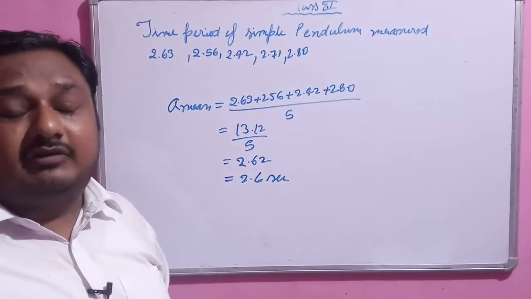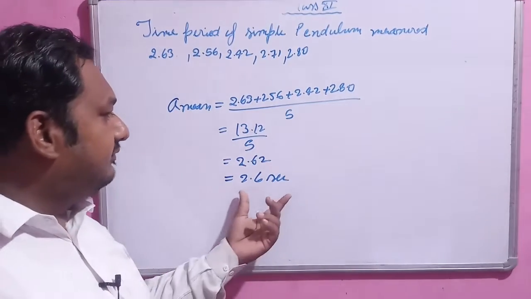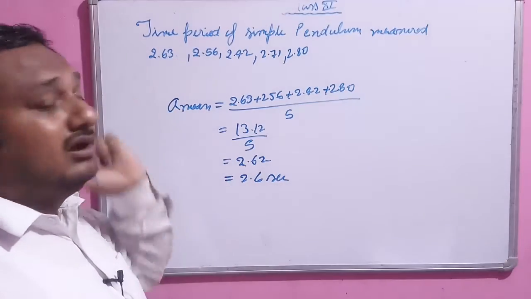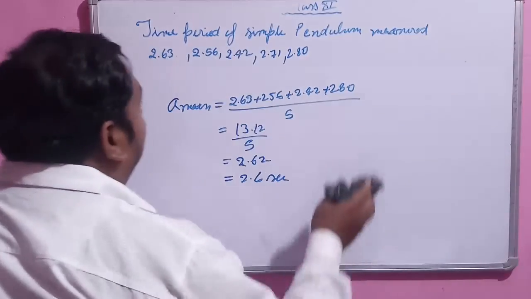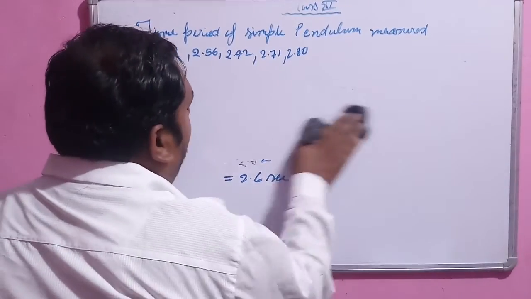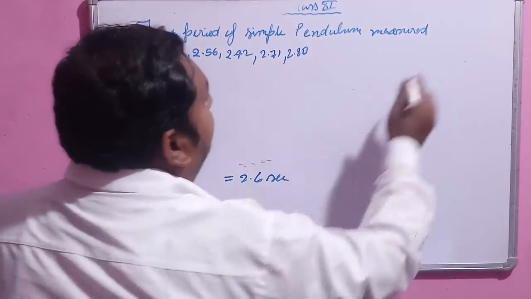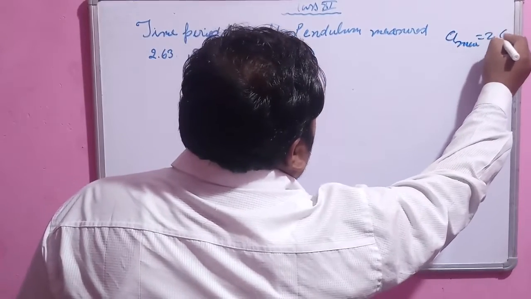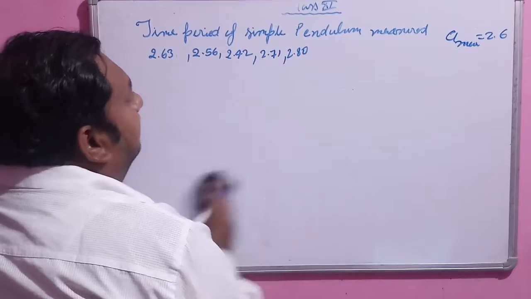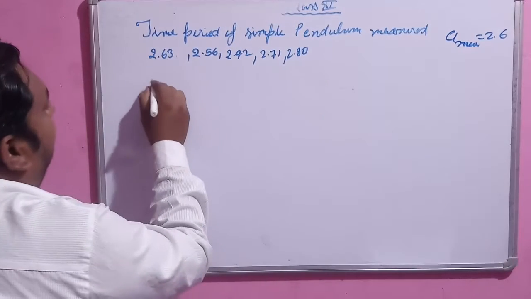We have already defined it as the difference between the true value and the measured value. Here I write the mean equal to 2.6 seconds. So absolute error,